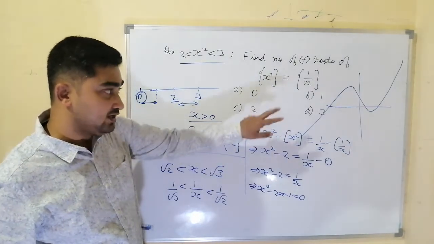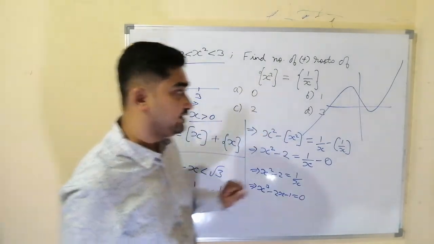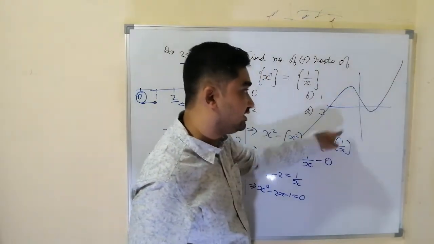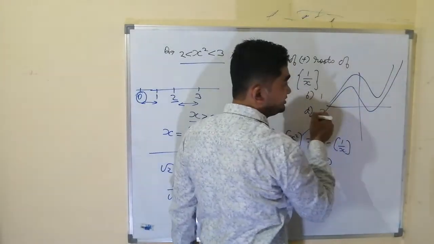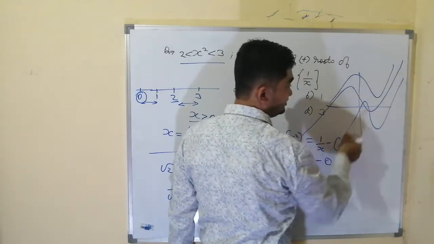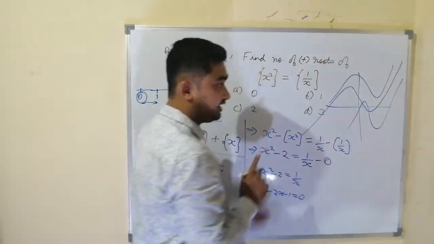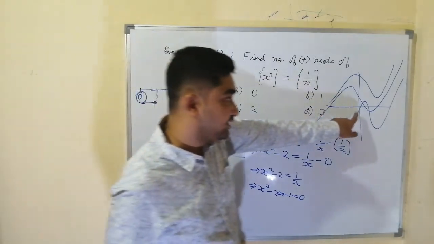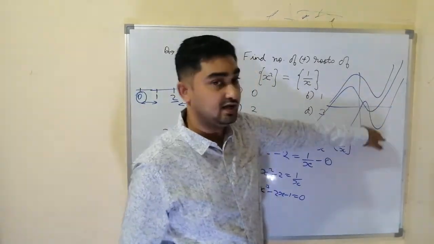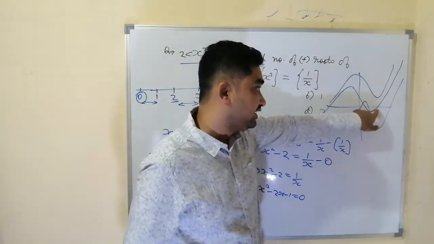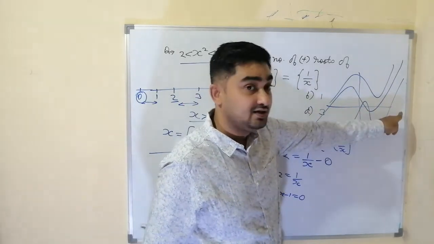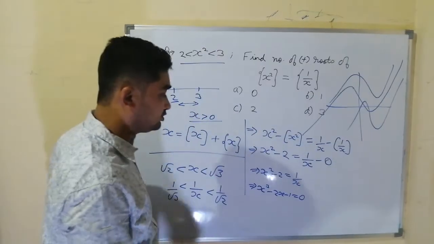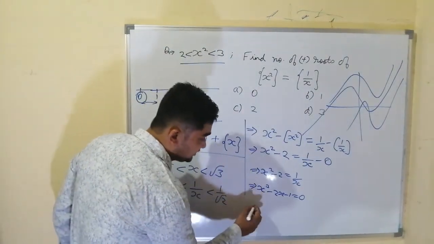So the shape of the graph is like this, but we have to find how many times it will intersect the x-axis, because it can be like this, it can also be like this, it can also be like this. So it will be any one of these kinds. So we have to find how many positive roots this will have. Positive roots we can find by finding the number of times it is intersecting the positive side of the x-axis. Now how to do it? Let us differentiate this.